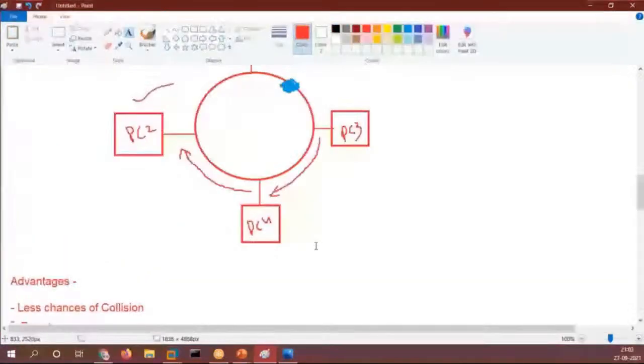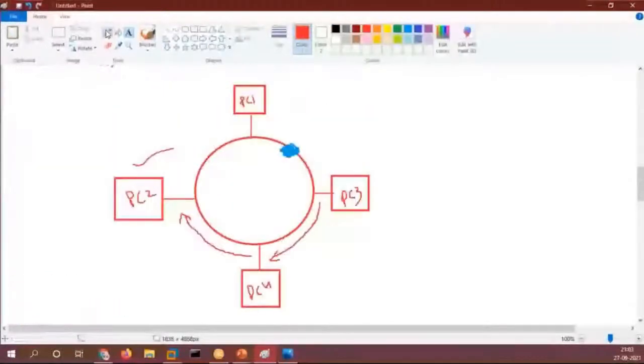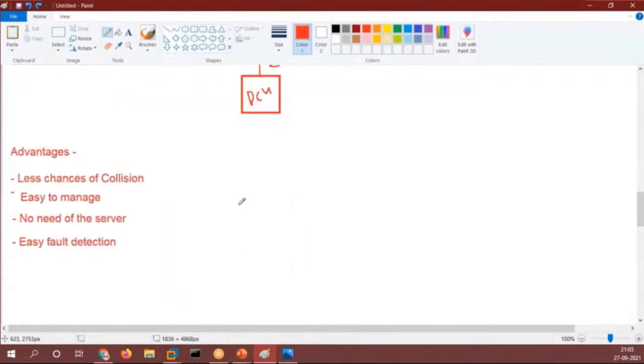If I am sending the data from PC1 to PC4, the data reached PC3, but it hasn't reached PC4. So what happened? Where is the problem? The problem is here in this place of the wire, right? So I'll change this wire and then it will start working fine. I just have to know where the fault is. It will be very easy. Clear? Okay.